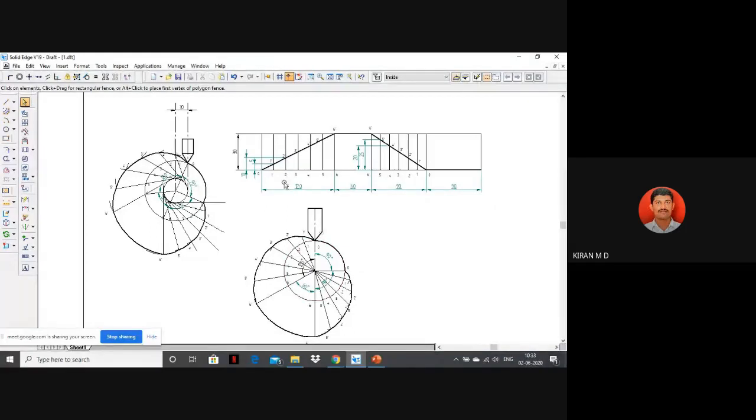Now, whether it is uniform velocity or uniform acceleration or simple harmonic motion, the procedure remains the same for the cam profile. When we are drawing the cam profile, only we are going to consider which type of follower, knife edge or roller follower. The roller I will explain in the next class. So whether it is knife edge or roller, radial or offset. This is the radial, this is the offset. So this is knife edge. Only these two parameters we are going to consider.